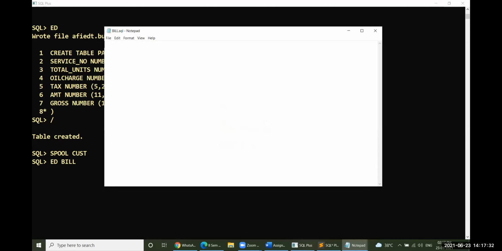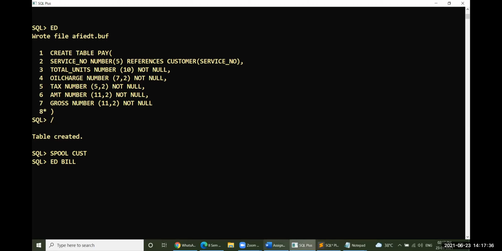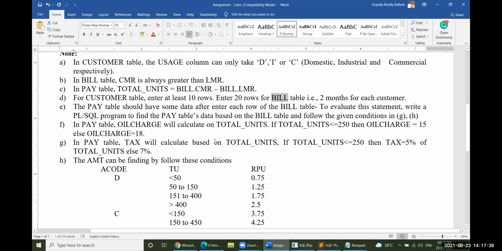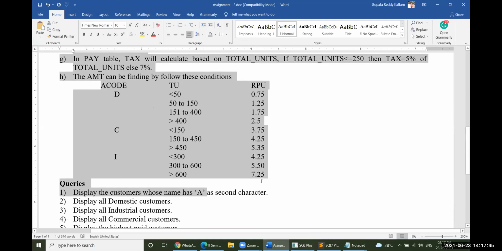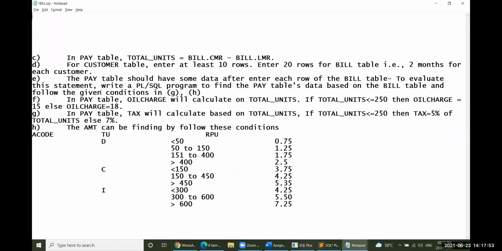Yeah. So there are several conditions here. Let me copy all those conditions here, because otherwise I continuously have to flip here and there. It could take some time. So let me copy all these conditions, then it is very easy to grab everything right from there. So these are the different conditions, so that we can create our trigger here.